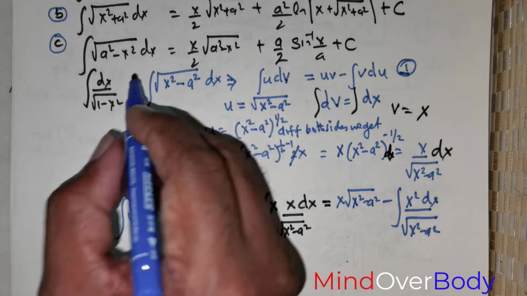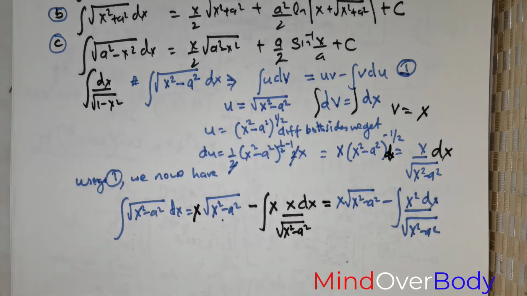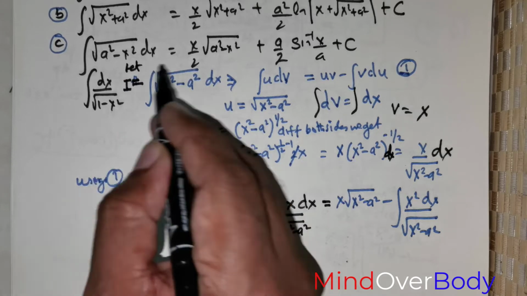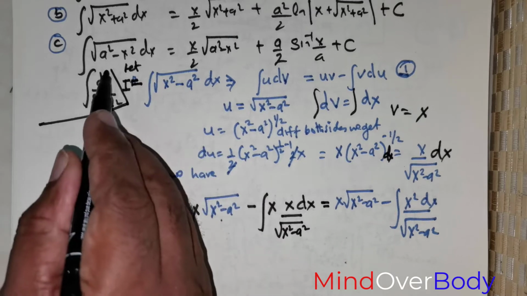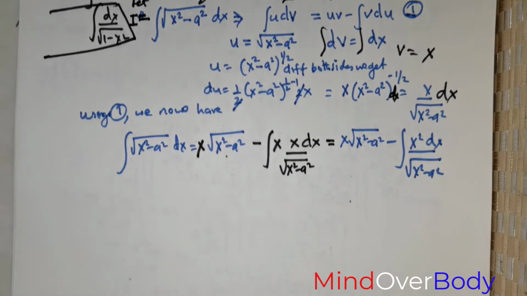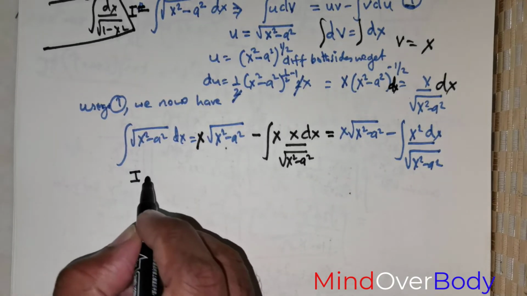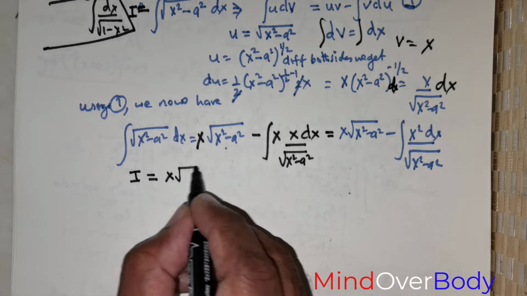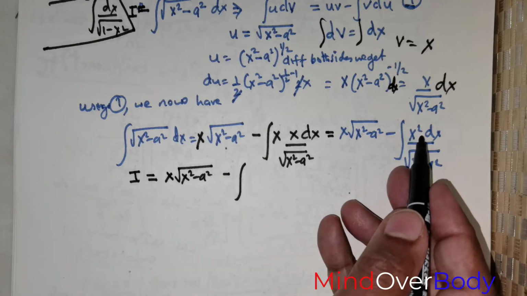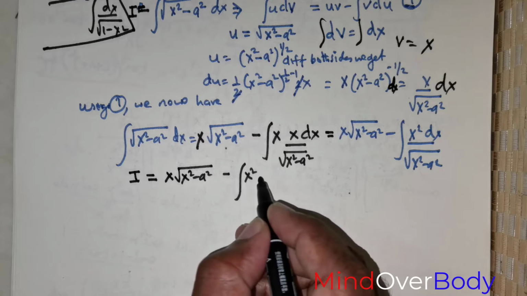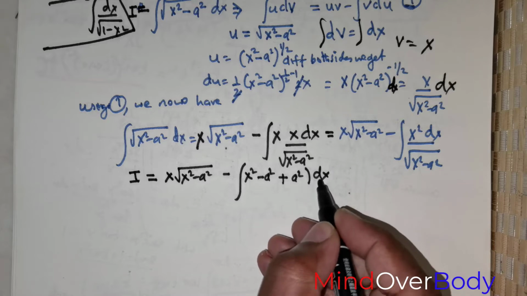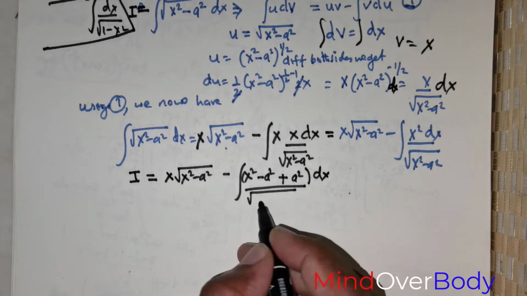Okay, so now what I wish to do is, we have this integral sign, right? I will start off with this particular line. Let I be equal to this quantity. This entire quantity is equal to I. So if I take that as I, on the left hand side I will have I is equal to x times root of x squared negative a squared negative. Now I would like to add a squared and remove a squared. So that's going to be x squared negative a squared positive a squared times dx over square root of x